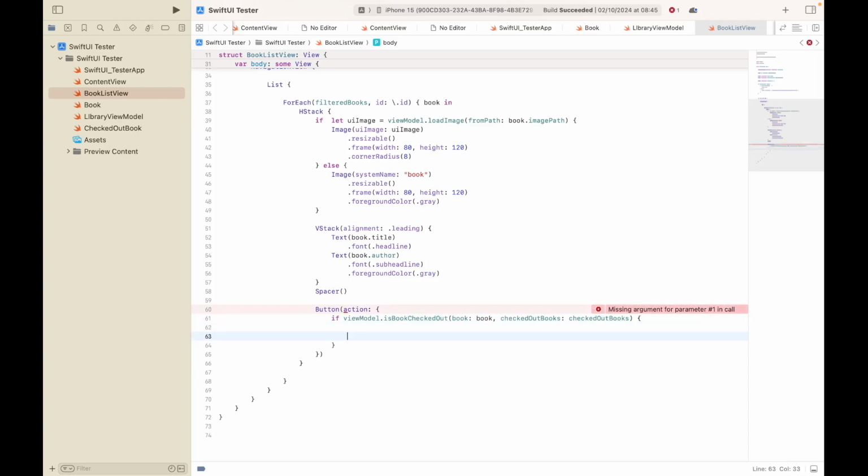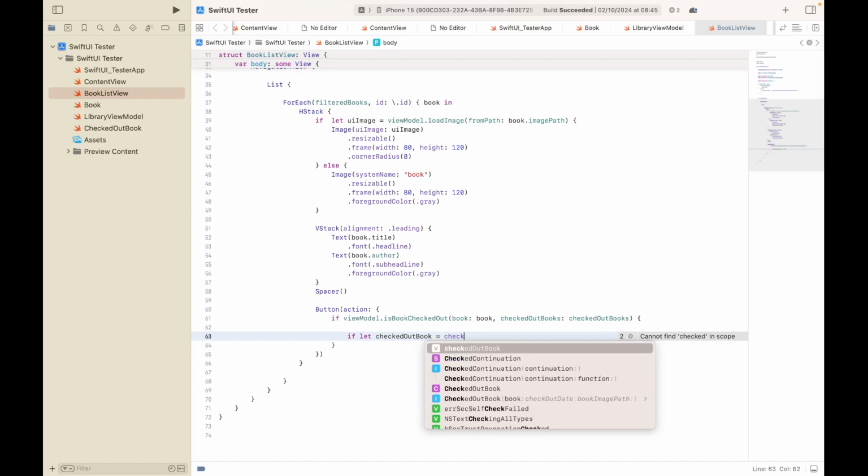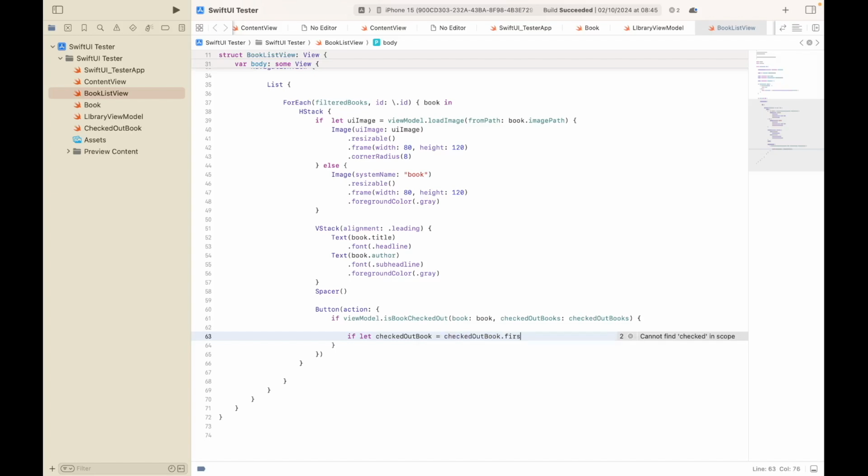And then the next thing we need to do is to locate the corresponding checked out book instance. If let checkedOut equal to checkedOutBooks.first,